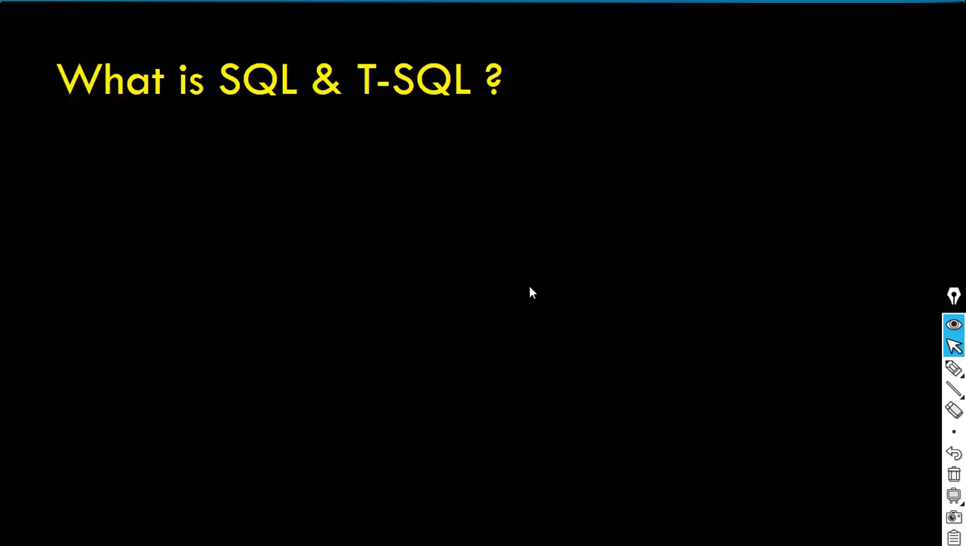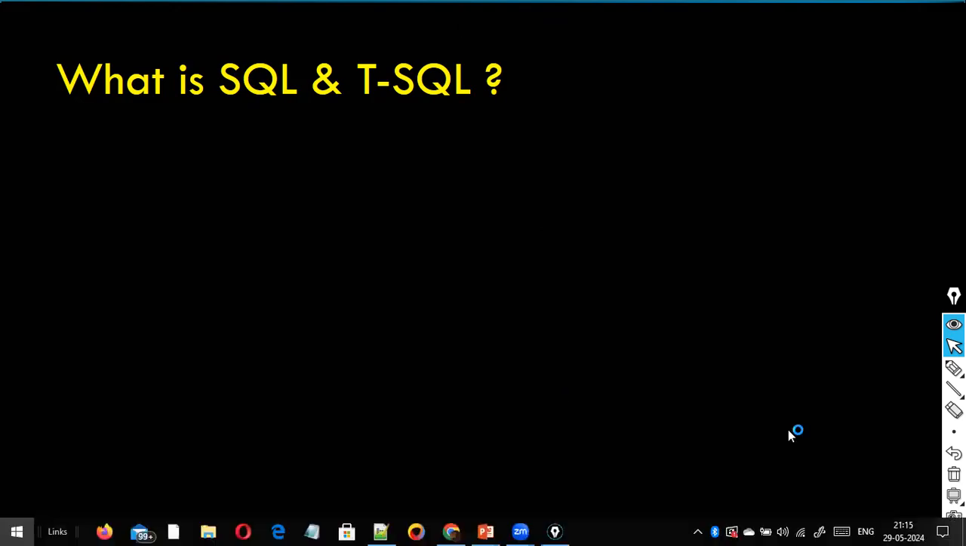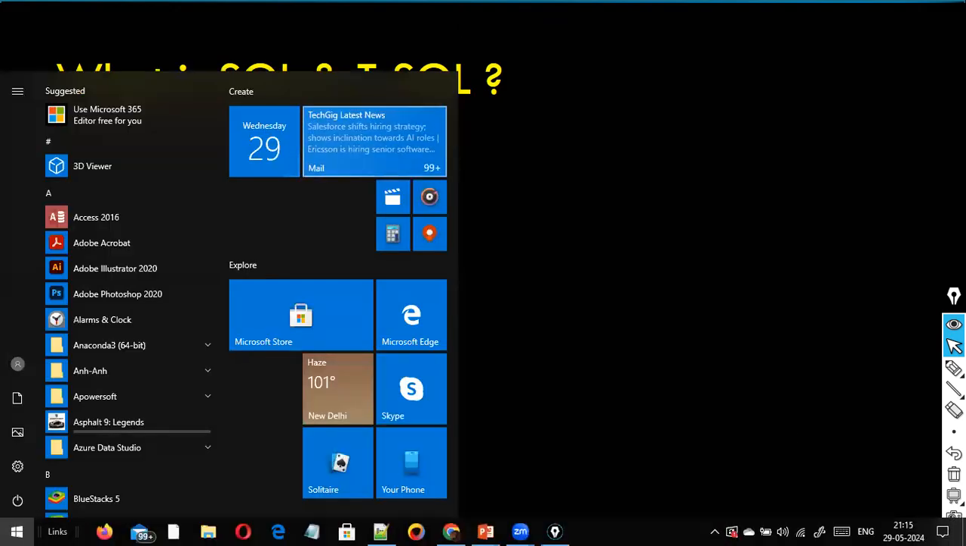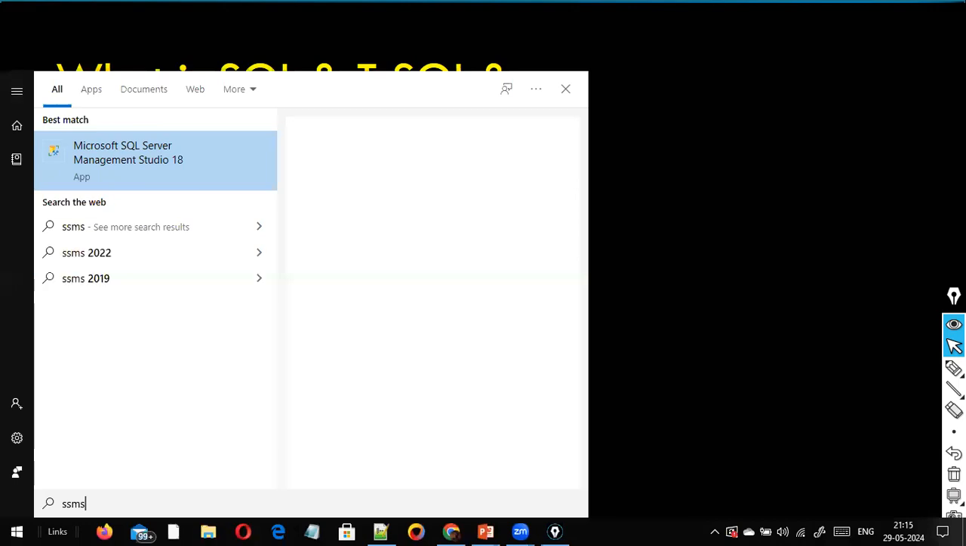Next one is, what is SQL and TSQL? SQL stands for Structured Query Language. It's also a kind of programming language. Once we store the data, storing the data alone is not sufficient. I have a container, I have created a database, and with my database you can store a huge volume of data. Everything is fine, but at the end of the day,